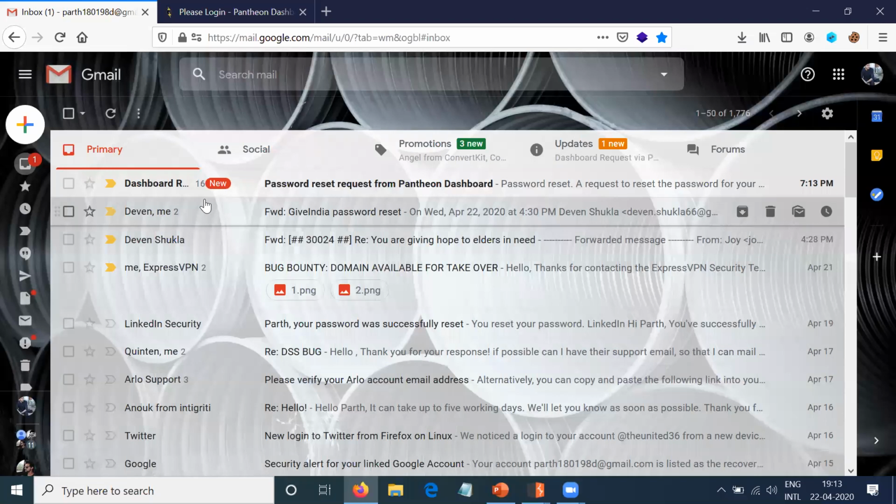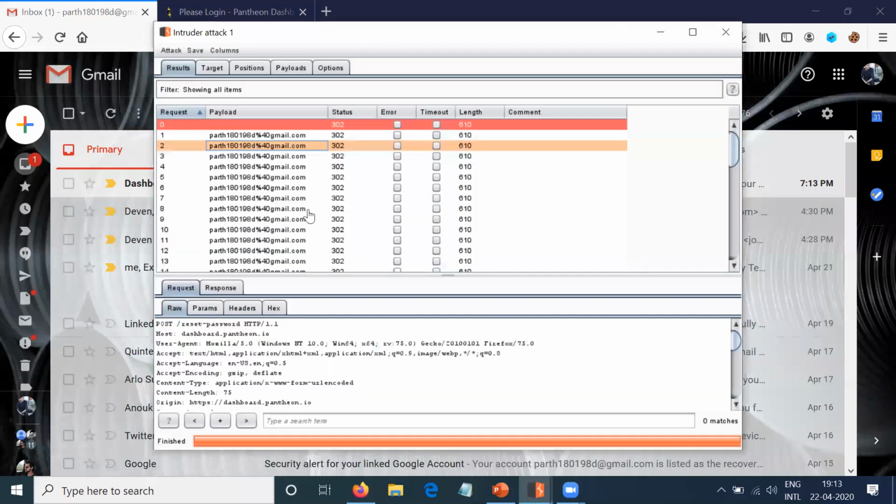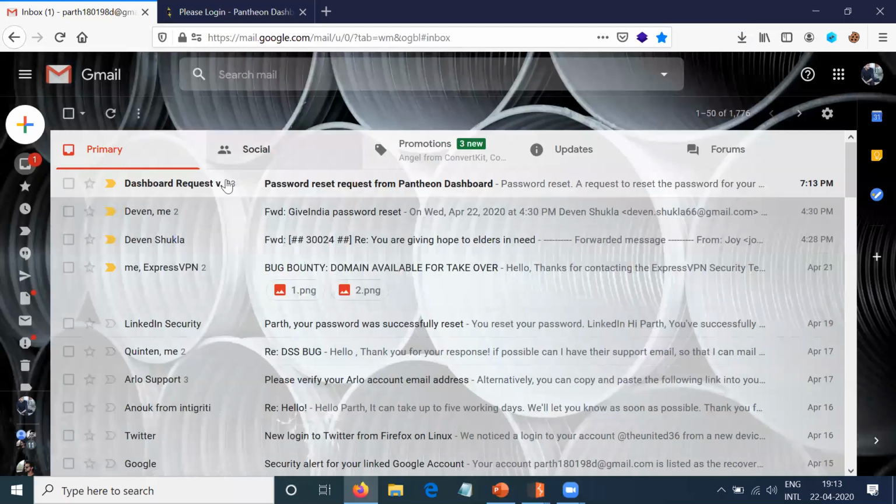So why didn't I receive any at the first go? Because I think my email address was not registered, so maybe that's why. So you can see here, I got 23 emails from the dashboard.